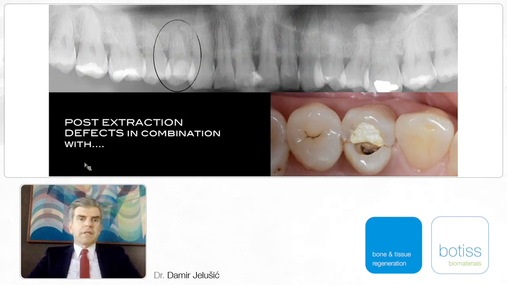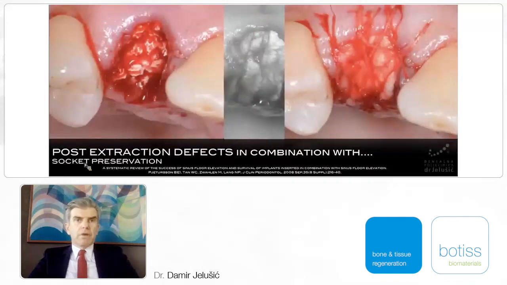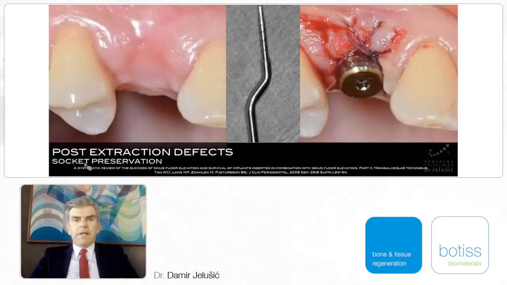Here is another case with fracture of a premolar, first premolar on the right side, with a very small ridge and all roots prominent into the sinus. So with a small ridge, what was my choice? To preserve at least a few millimeters of this small ridge. The way to preserve is socket preservation with Cerabone, with Jason fleece, and after 4 months,